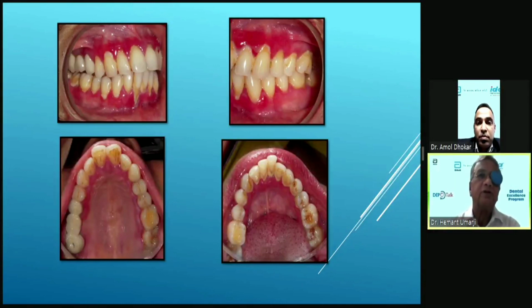What is noticed is that part of the mucosa is normal, and then suddenly it appears red. If you do scaling in this patient or a flap operation, it is not going to help, because superficially the mucosa is torn off and the raw bleeding area is exposed. Anything the patient takes gives a sudden burning sensation, so he cannot tolerate food and cannot brush. So there is a lot of collection of materia alba and local factors, which further gives rise to gingival inflammation. This is typical of erythema, typical of desquamative gingivitis.